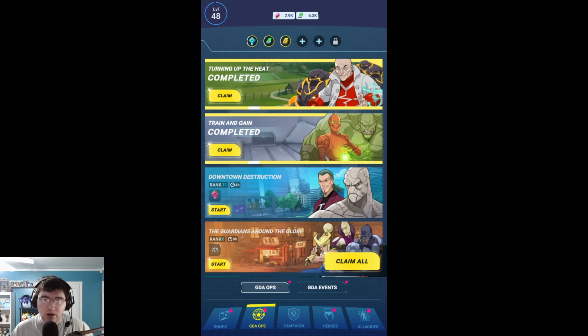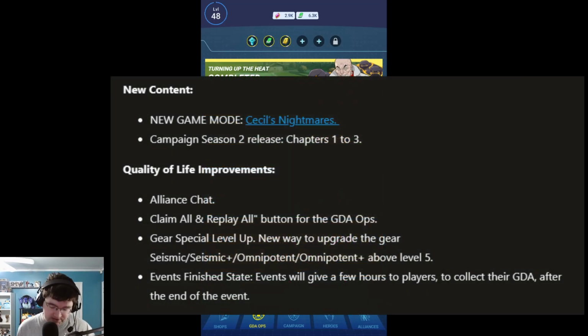Patch notes version 1.2. I will be putting the relevant stuff I'm talking about on screen so that y'all can follow along. First of all, new content. New game mode, Cecil's Nightmares. We'll get into that in just a second here. And then campaign season 2 release of chapters 1 through 3. So if we actually take a look here,